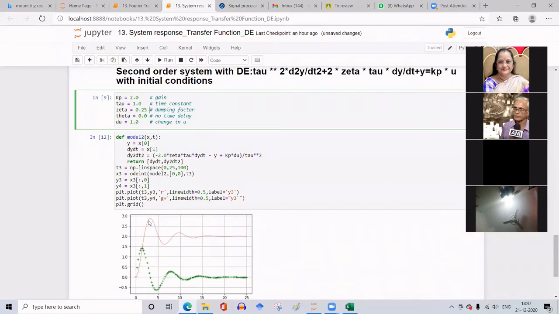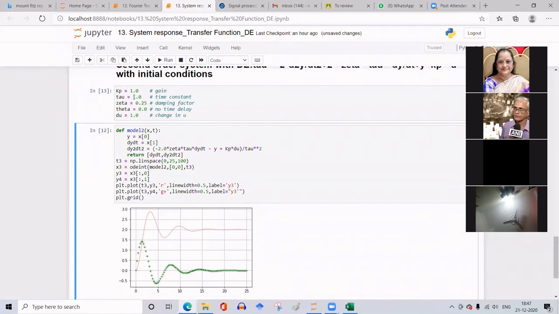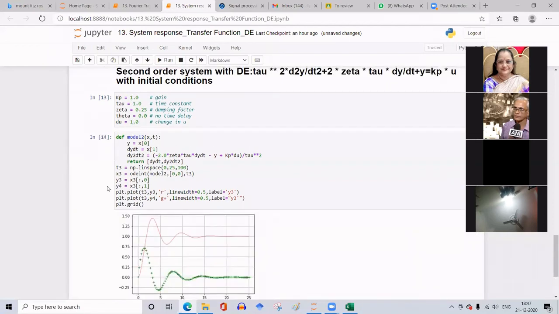So the output Y3 for a step input is oscillating, and since this amplifying factor Kp is 2, the final steady state value is 2. And if I give it as 1, it is going to be the step response where it will settle down to 1. Okay, so the final steady state value is 1. And the second graph represents the slope of this signal at different points.